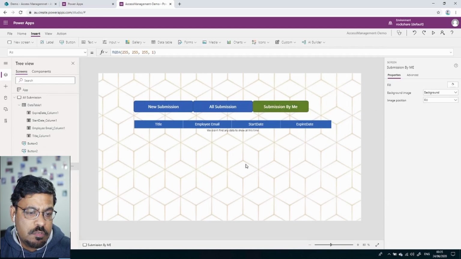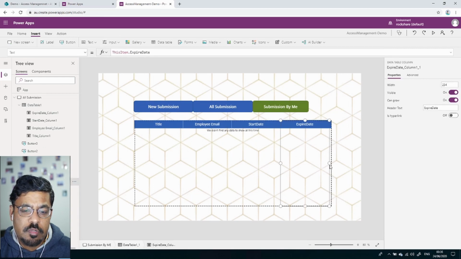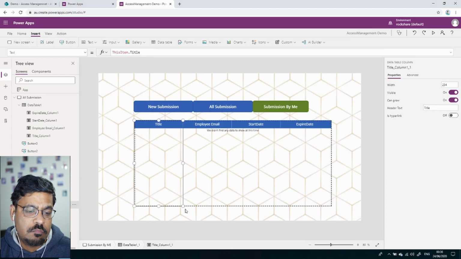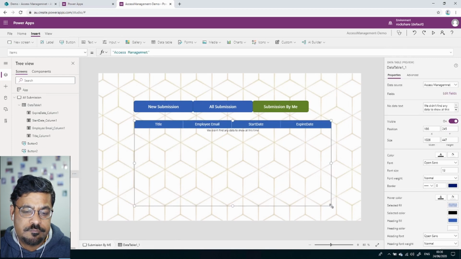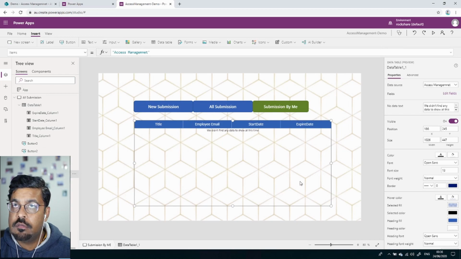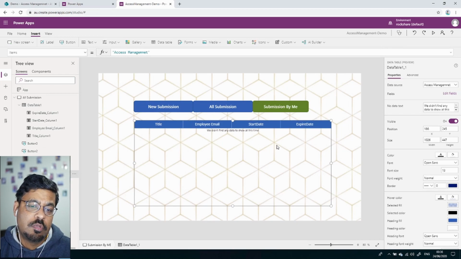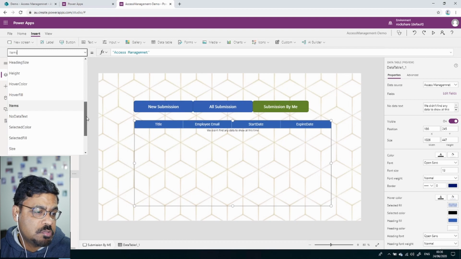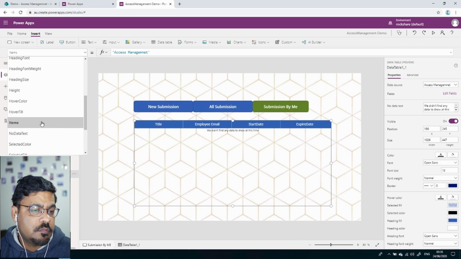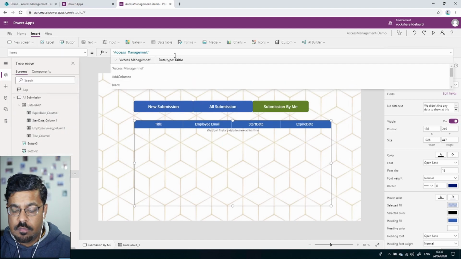All right, and on this one, on the data table, what I need to do is fill this form based on my user email. I will populate only those submissions which have been submitted by that particular user, the current user. All right, okay, I'll go to items, and then items,